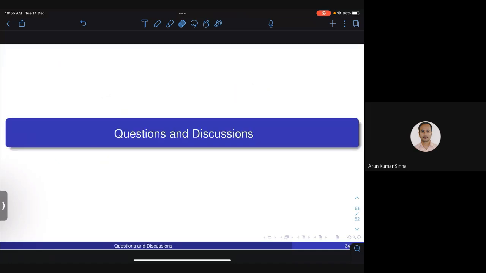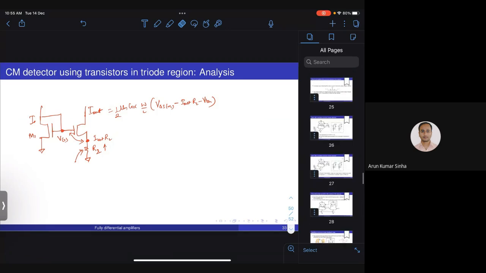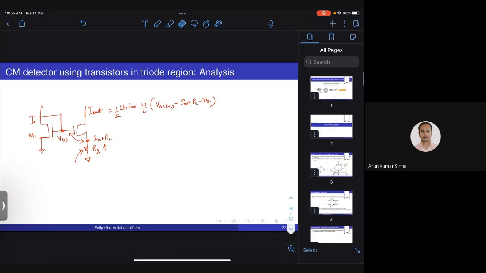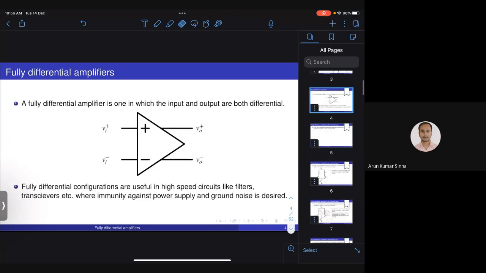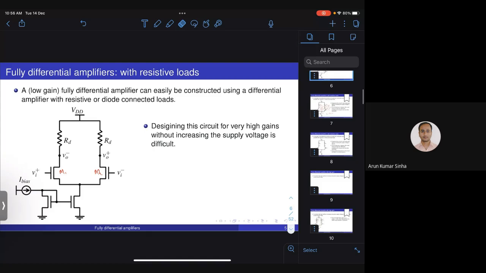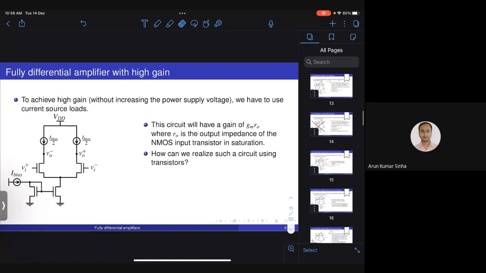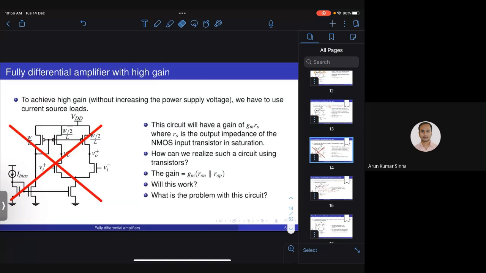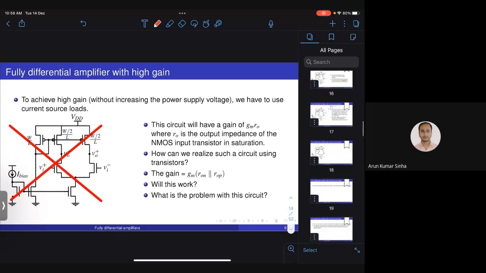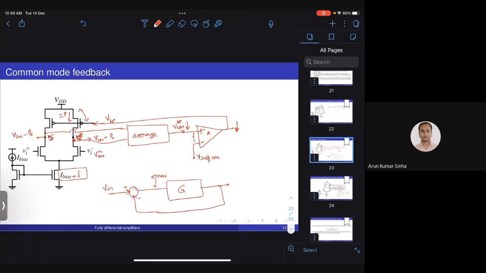So that is what we have. So if I just quickly look at what we have discussed in this session. Okay, so basically what we wanted is to make differential amplifiers which have differential output. We cannot do it using resistors. We need to use some kind of current sources in order to get high gain. Simply putting current mirrors to generate a current source won't work, because with mismatch, the output common mode will drift and the amplifier will stop working as an amplifier. We need some kind of feedback circuit which will detect the output common mode and drive it actively to maintain